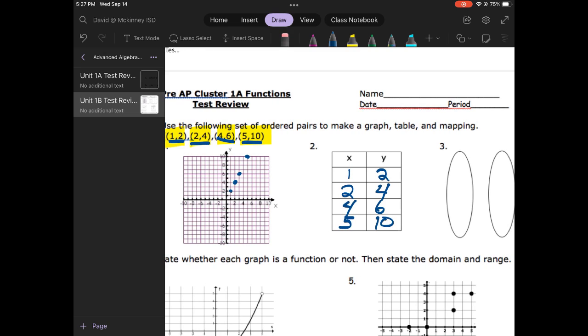Let's take a look at how I would fill out a mapping. Once again, I'm going to list those x values and I'm going to list the y values as well. Once I list these values out, though, in a mapping, I need to draw arrows from my inputs, which are my x values, to my outputs, which are my y values. So I will do that as follows, and that completes